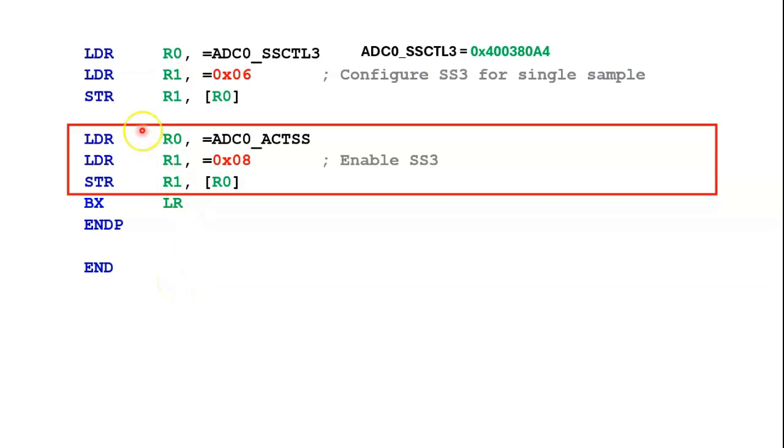Okay, so we've come to the last 3 instructions of the program. I basically covered this LDR R0, =ADC0_ACTSS in the earlier part, and now the next instruction copies, or loads, the value 0x08 into register R1, and then the store instruction